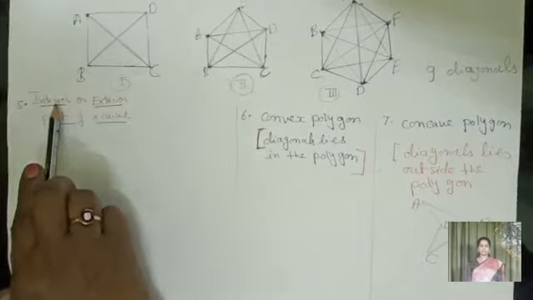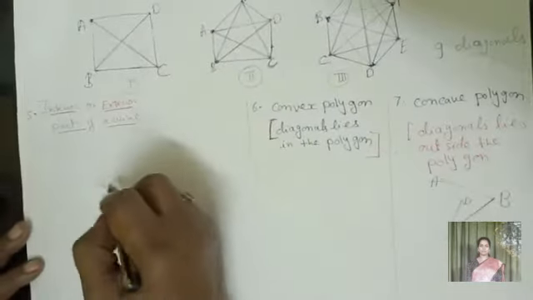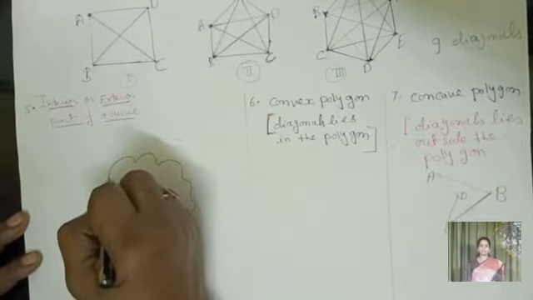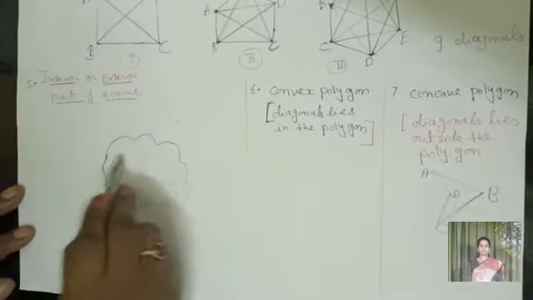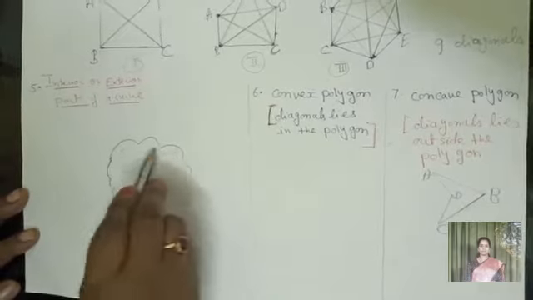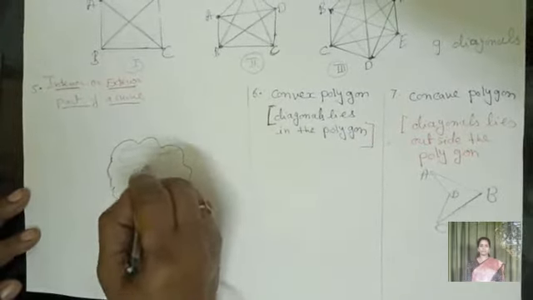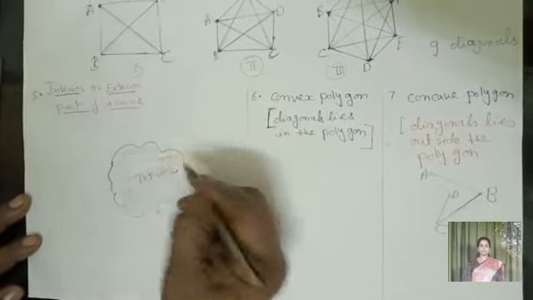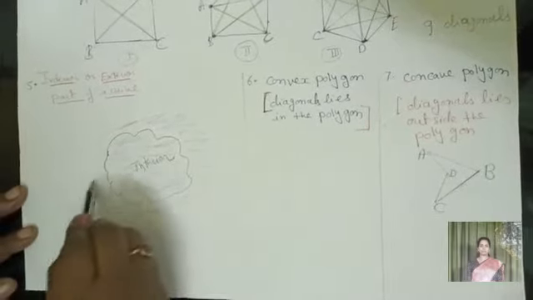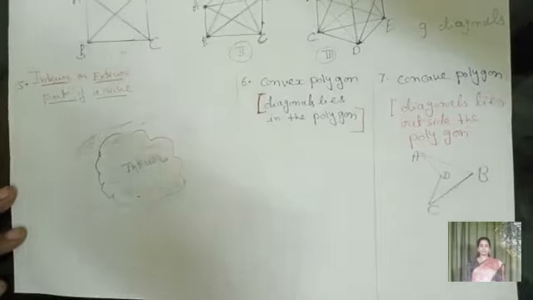Now let us see what the interior or exterior part of a curve is. Now this is a plane curve I have drawn. All of you can see that the points which lie inside this curve, we call the interior part. And the points which lie outside the curve, we call the exterior part of the curve.